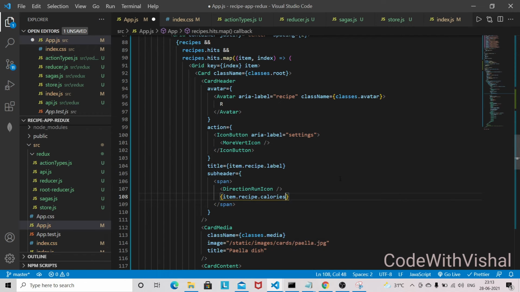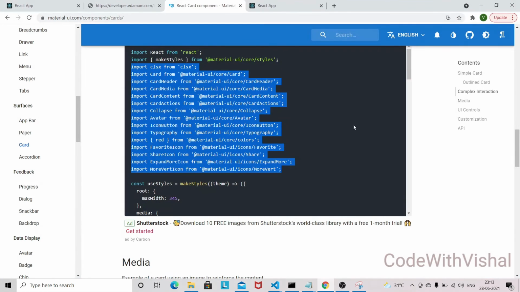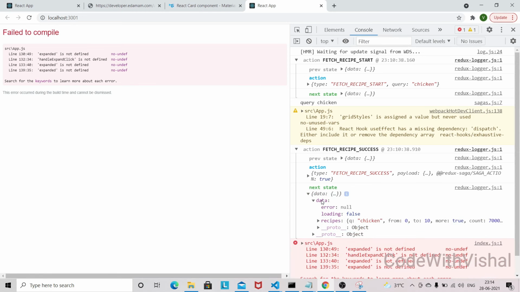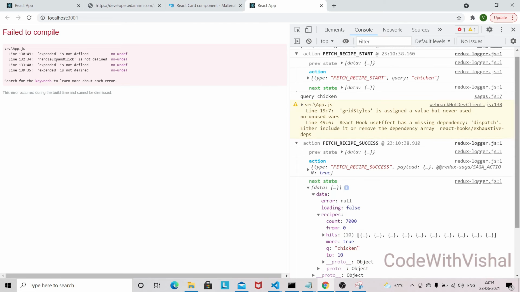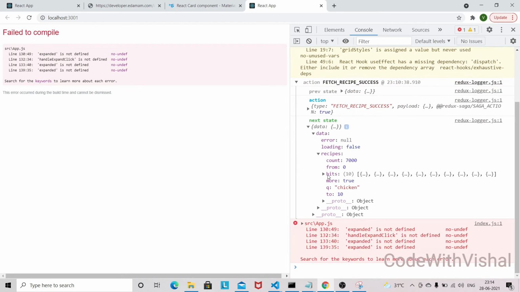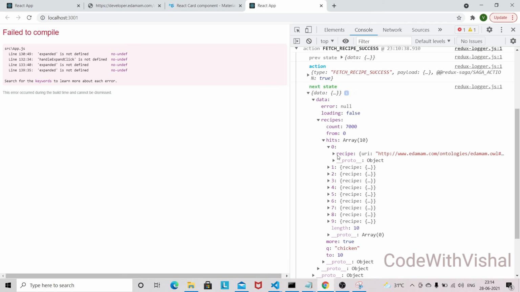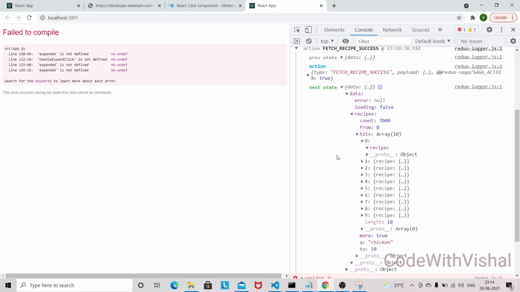So if you are wondering, then I'll show you the object. So we have the object here, and we are displaying all the content from this array of objects. So each array of objects has a recipe object.